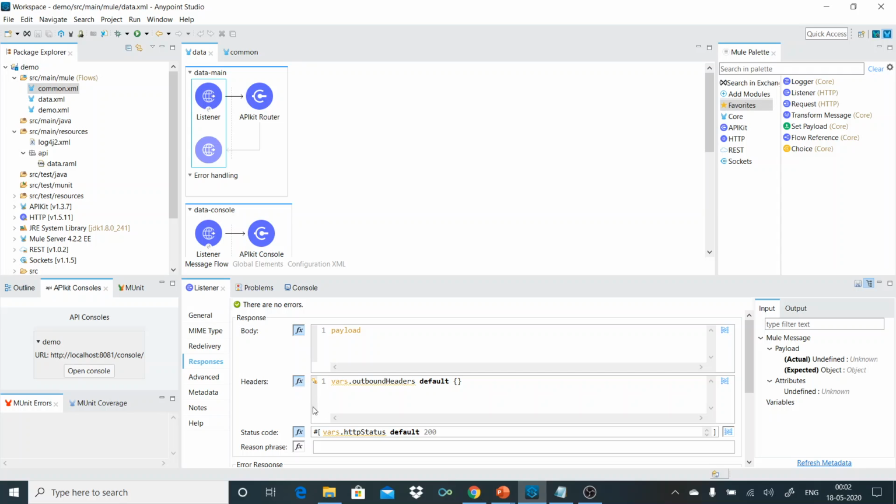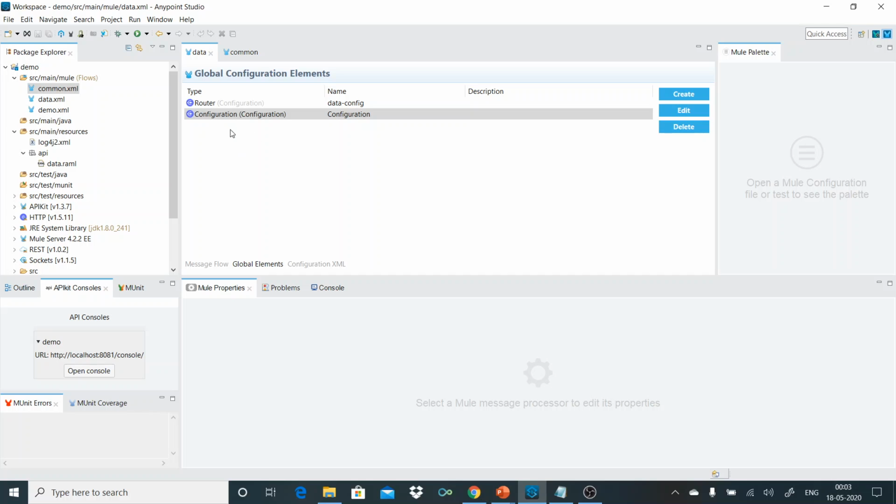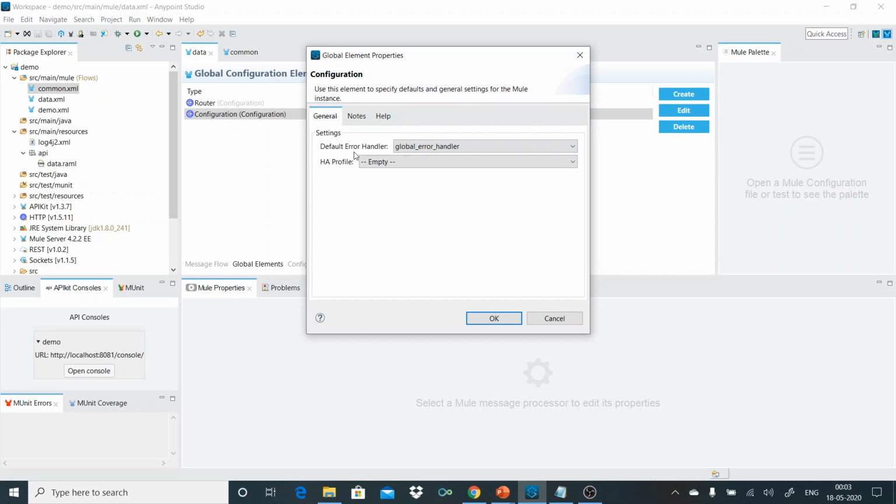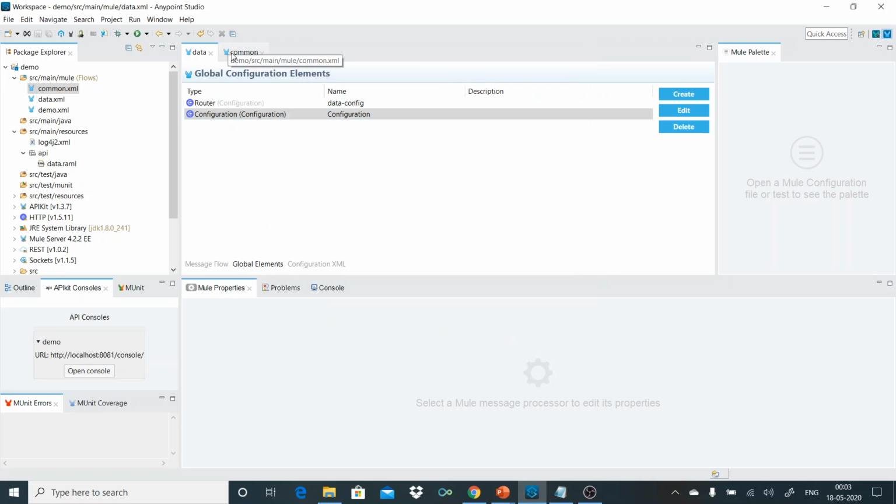The response status code is retrieved from the HTTP status variable, so we are supposed to modify this variable or set the value for it. Once you have the common error handler created in the global element, we need to create a configuration, and in the configuration we have to reference this global error handler. That is what is required.